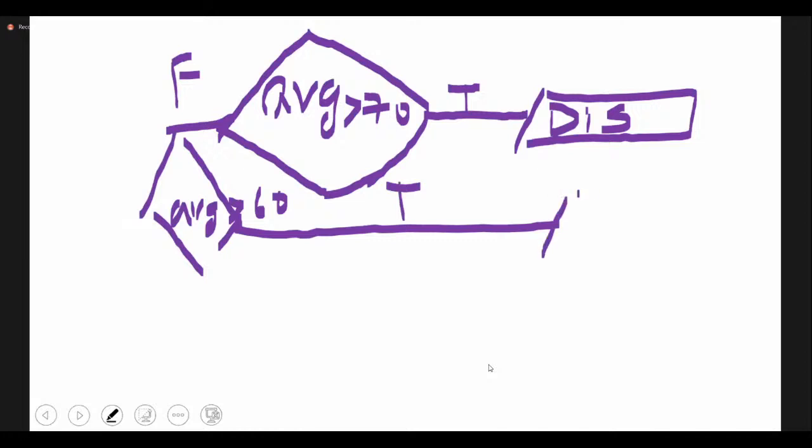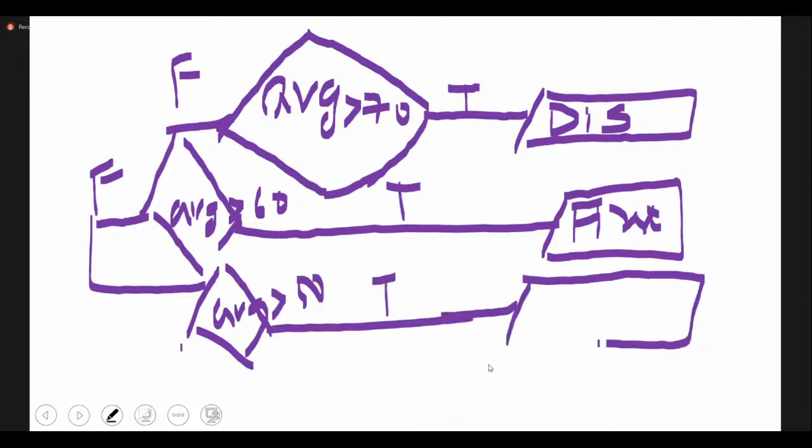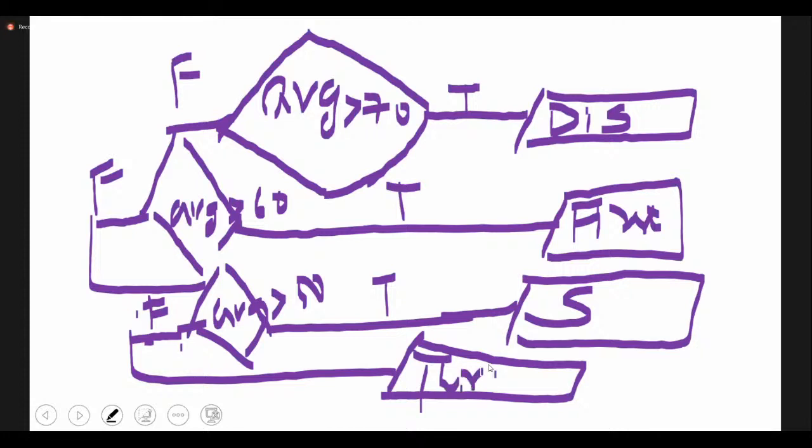If this is true, you will print first class. Otherwise, if this is also false, then you go for average check as is average greater than 50. If this is true, I will print it as second class. Again, if this is false, I directly print, I don't want to check the condition, that last else block, I will print it as third class or it can be a failed student. Okay, this is the way how your else if ladder is going to work.